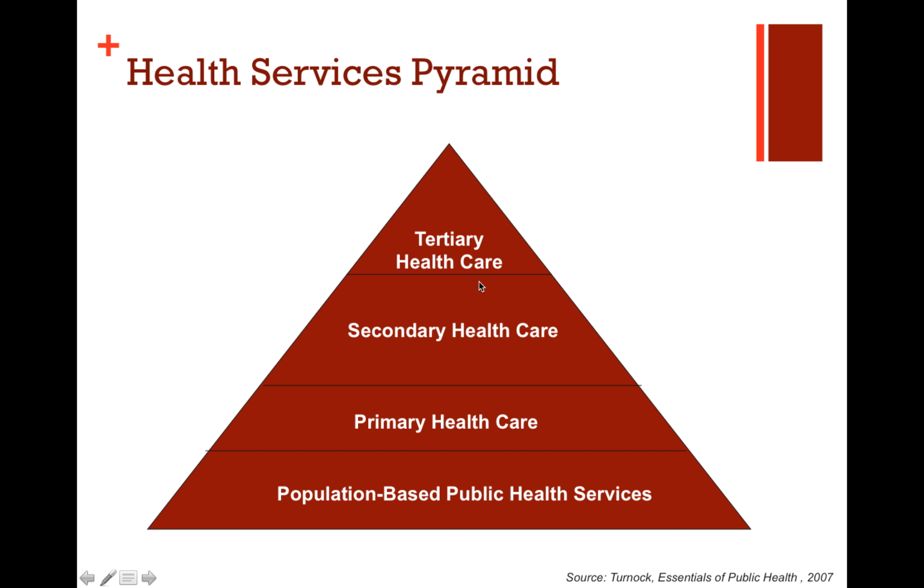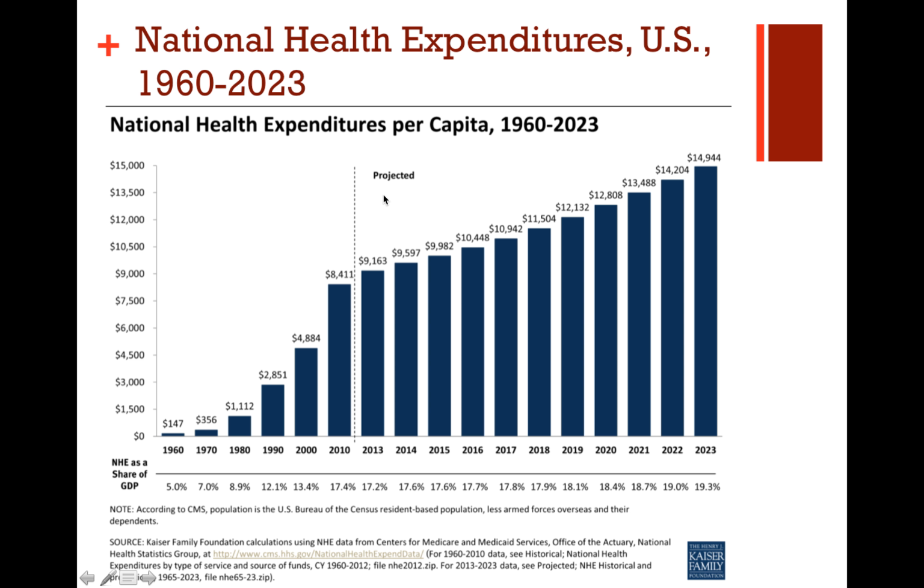And what happens is as we move up the healthcare services pyramid, these more and more specialized services, the cost increases dramatically. And so in public health, we seek to focus on this level, creating environments and creating systems to reduce illness in the first place so that we can reduce cost. Because cost is a significant issue.